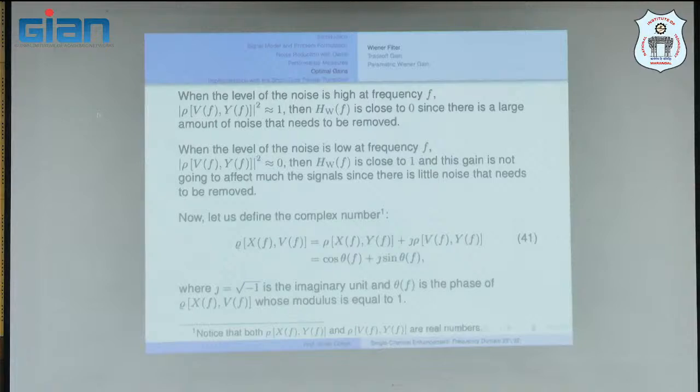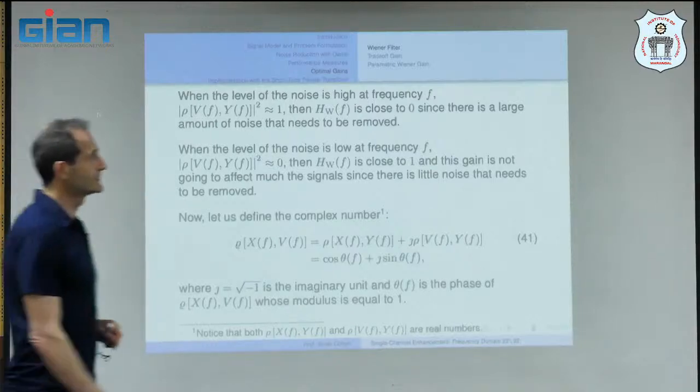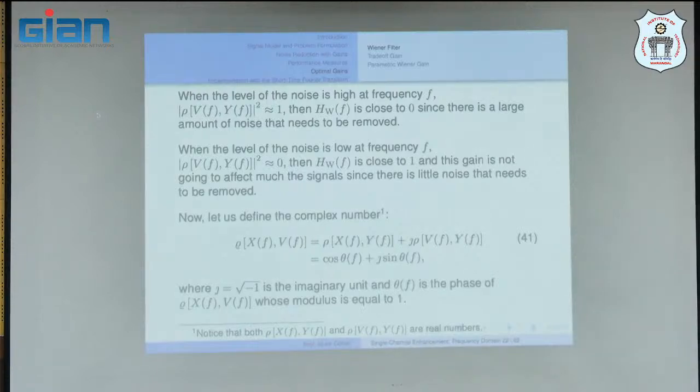Under our model, this is the model. So in our case, since the magnitude squared of x and y plus the magnitude squared of v and y equals 1, we can define an angle, which we call theta, for each frequency, such that this will be cosine theta, and this will be sine theta. It's allowed. Why? Because the magnitude squared of this plus the magnitude squared of this is 1, so we can define theta such that